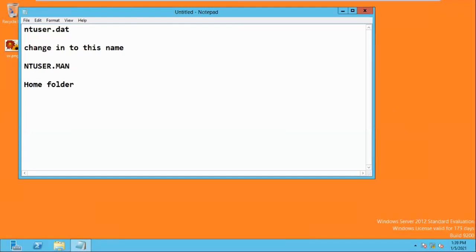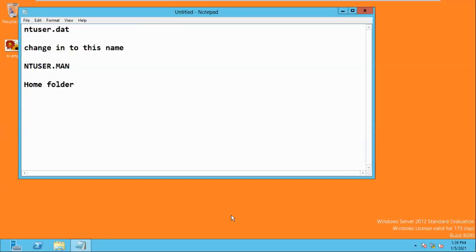Home folder. With the home folder, the administrator can maintain individual user information. So that is the reason we configure the home folder. Individual user information can be saved.